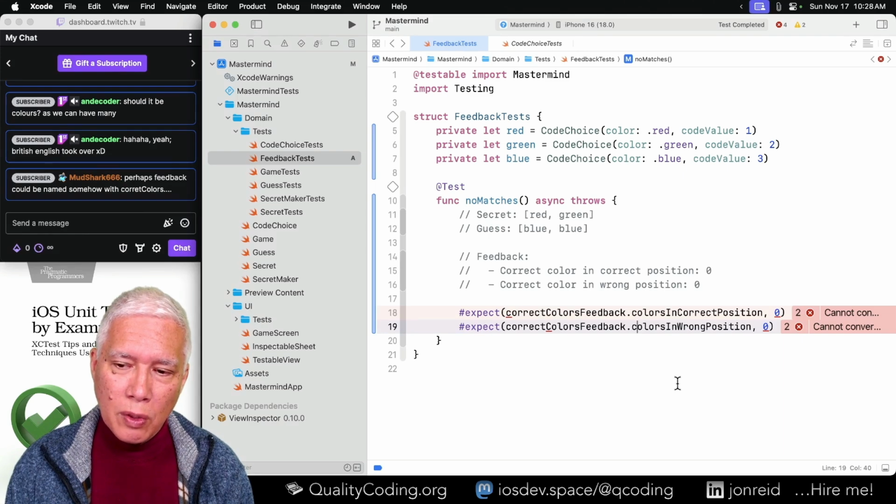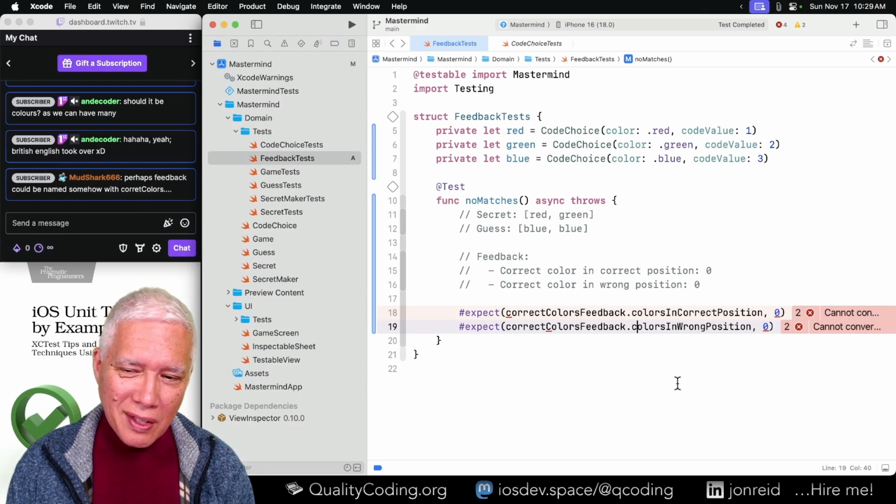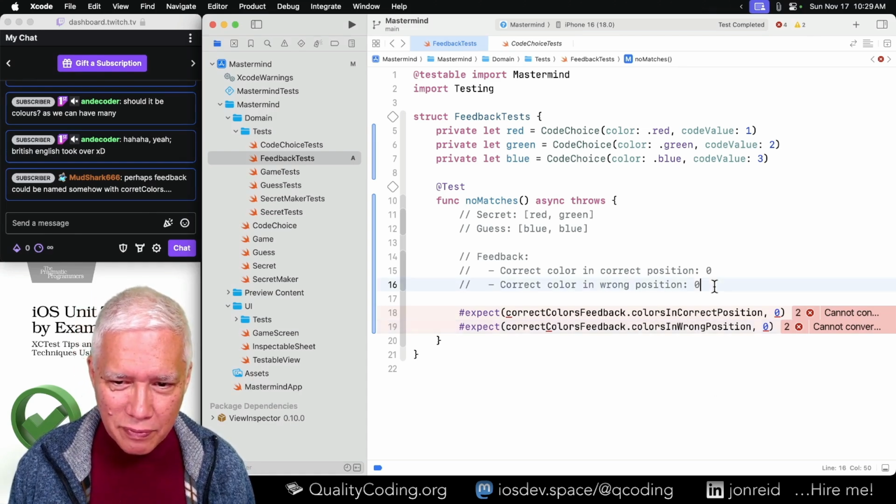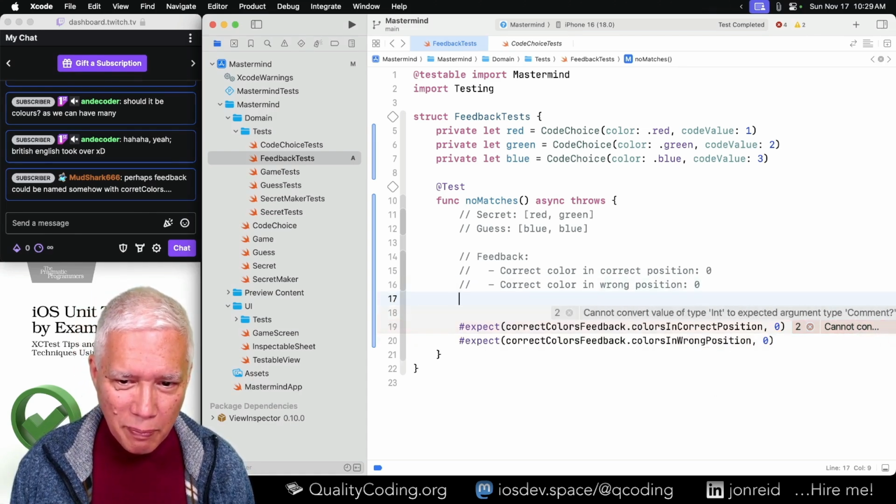Correct position, wrong position. Is it correct and wrong? I suppose right doesn't work because it's like left. Left, right. Correct and wrong is unambiguous. All right, let's go with this. We can always rename things as we go. So next, working backwards, it would be